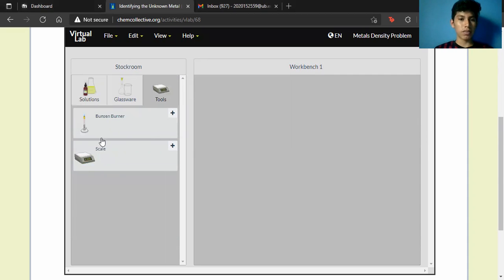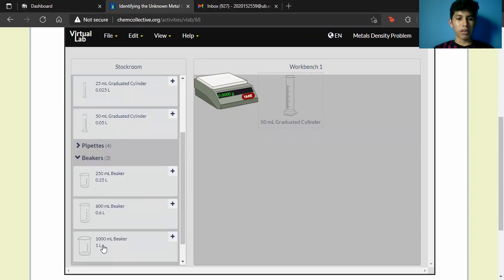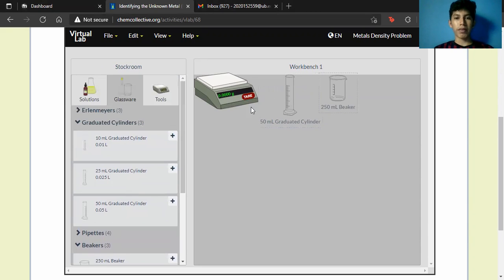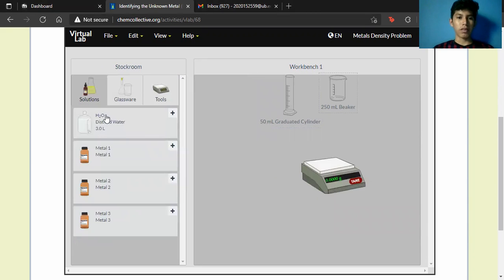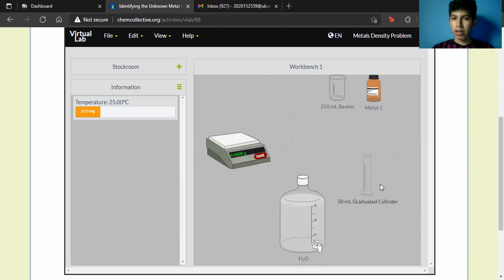I'm going to need a scale, 15 ml graduated cylinder, 250 ml beaker, then some water, and metal number 1. So let me just fix this up here. Okay, so what I'm going to do is